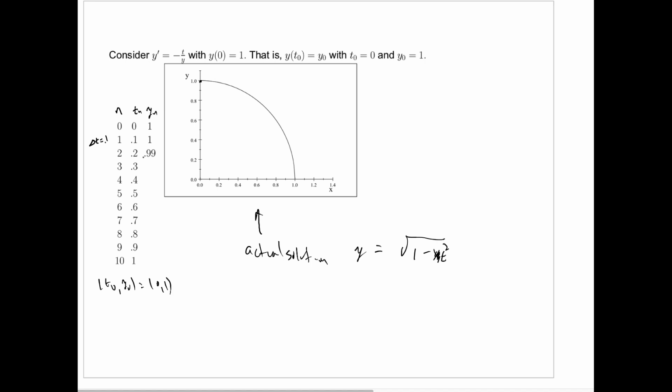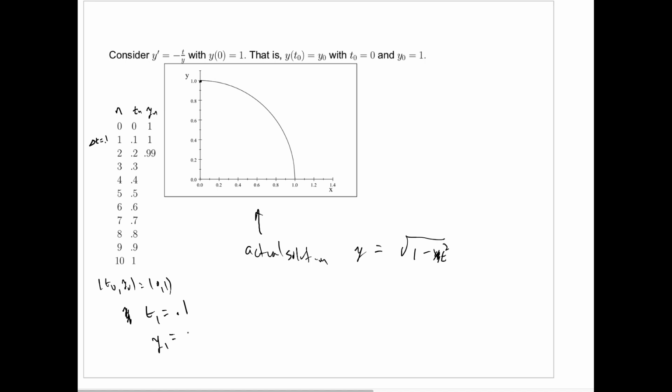How do we get future points? I'm sorry, t1 will just be 0.1, which is t naught plus delta t. As you can see, this is t1, this is t2, we just increment t by 0.1, this is t3, we increment by another 0.1, t4, etc. To get y1,